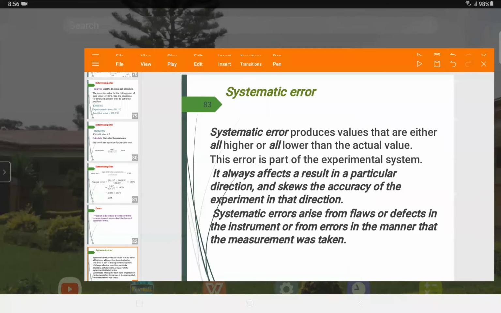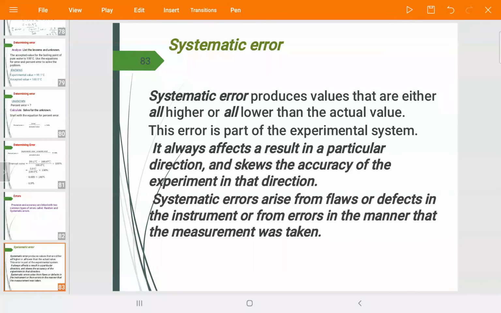Systematic error produces values that are either all higher or all lower than the actual value. So if you are given a certain value and also the accepted value, to determine whether the error that is incurred is systematic error or